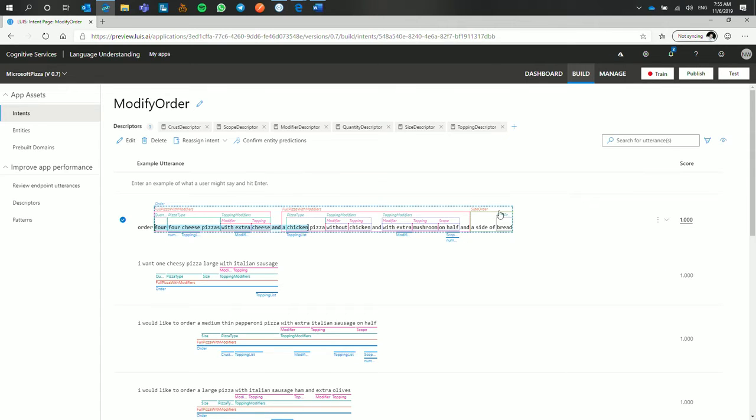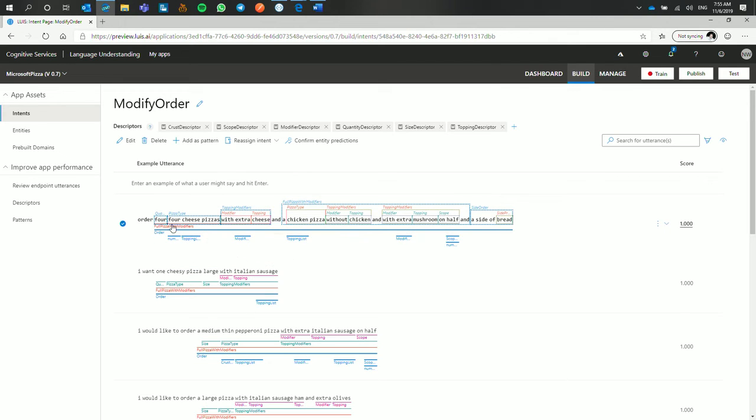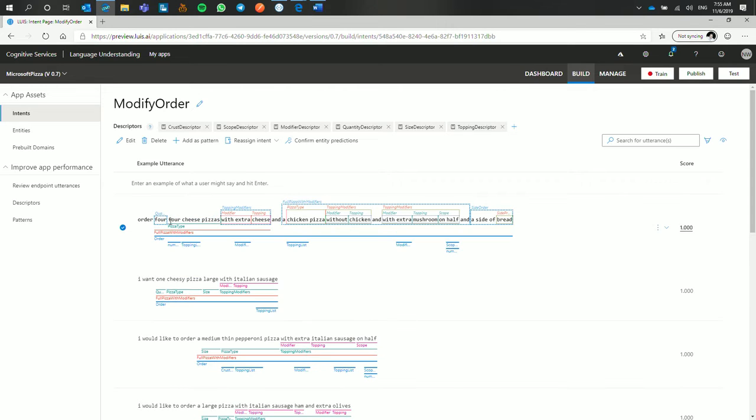I would do this as a full order, and then I would do this as a full pizza, and then start to add parts of the full pizza. So this is a 4-cheese pizza. That's the pizza type. And this is a quantity. And this is a topping.